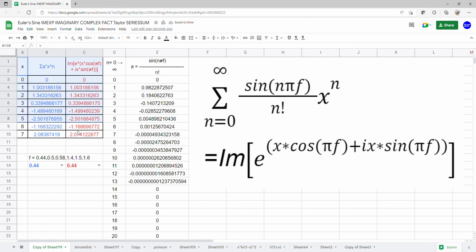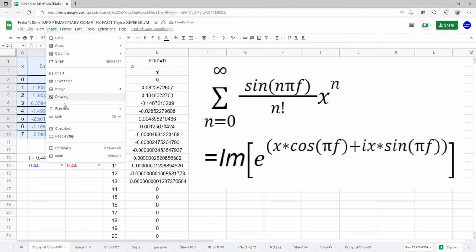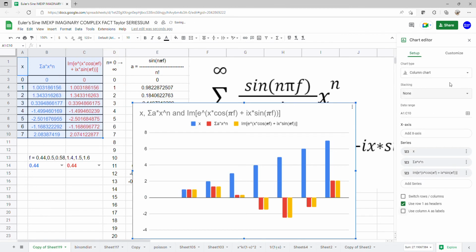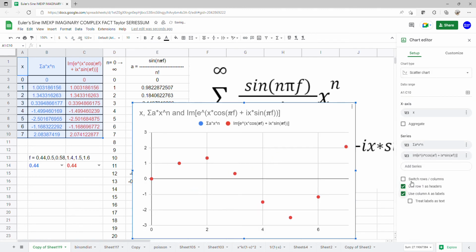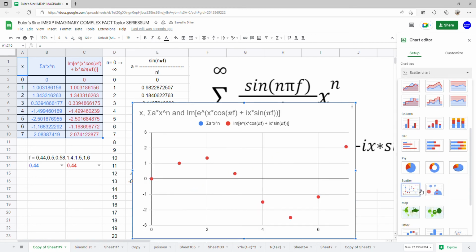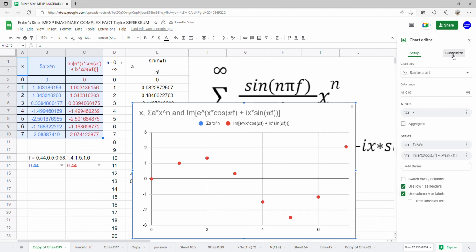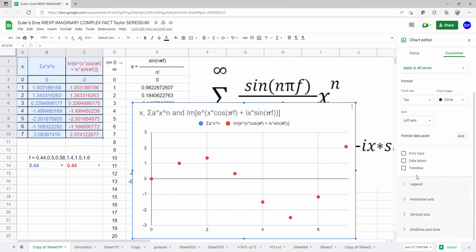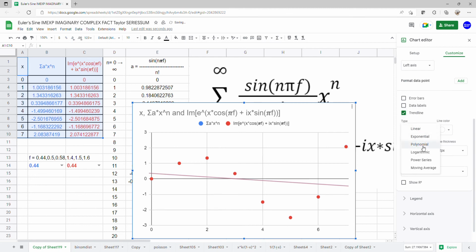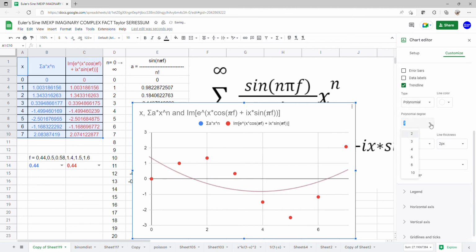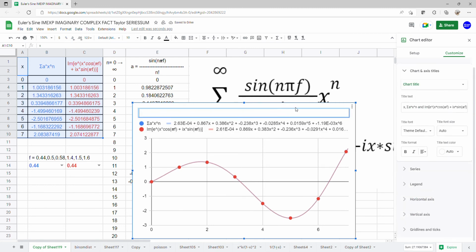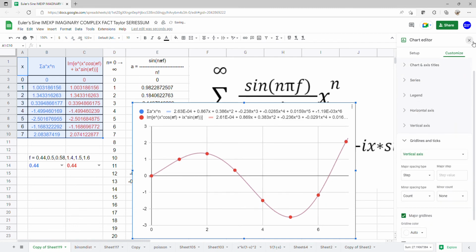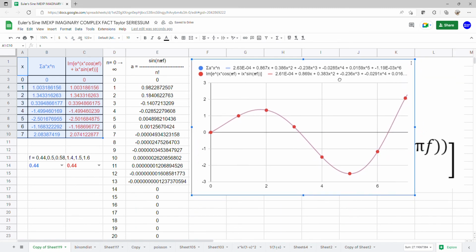And we'll chart this. Insert chart. And we use scatter chart. Column is labeled. And show the trend line. Under series, show the trend line. The type, polynomial. The degree, 6. For the label, use the equation. We don't need a title. We need a space. So here's our trend line and polynomial